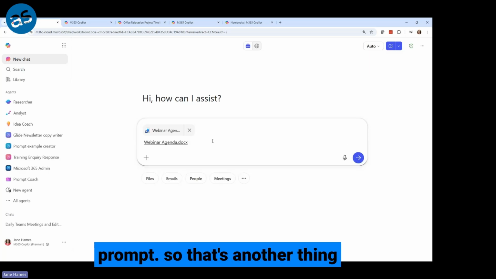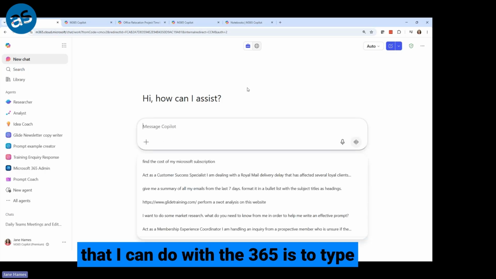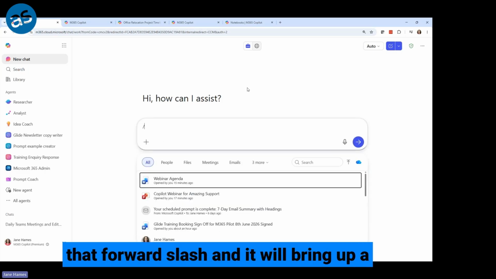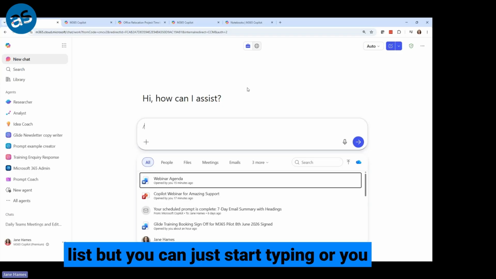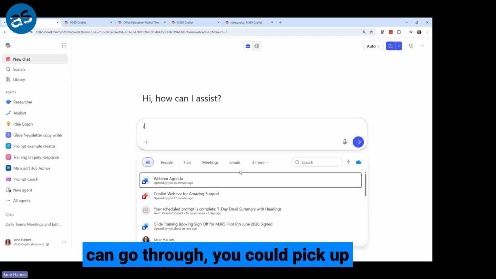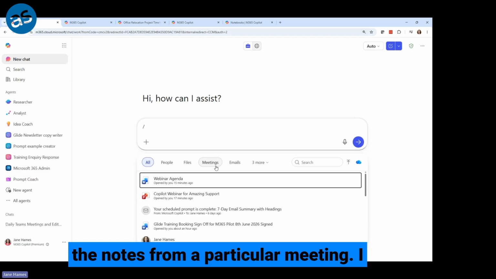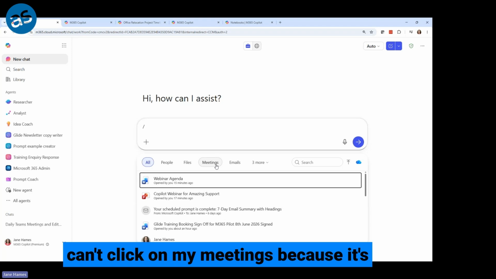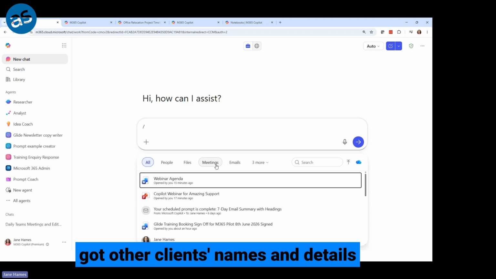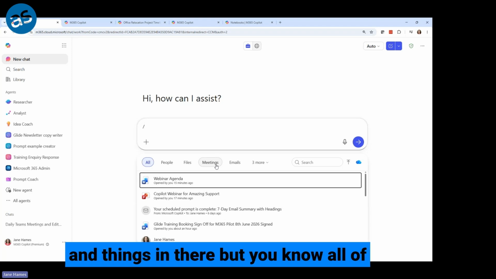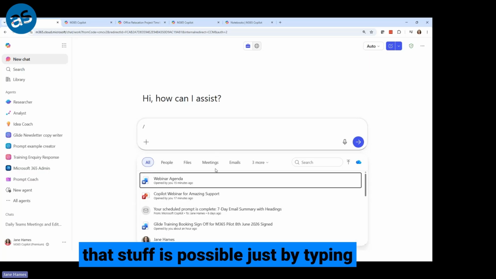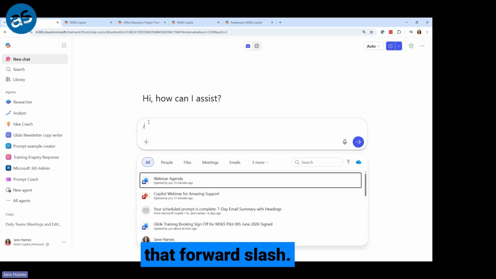That's another thing that I can do with the 365, is to type that / and it will bring up a list, but you can just start typing, or you can go through, you could pick up meetings. Maybe you want it to refer to the notes from a particular meeting. I can't click on my meetings because it's got other clients' names and details in there. But all of that stuff is possible just by typing that /